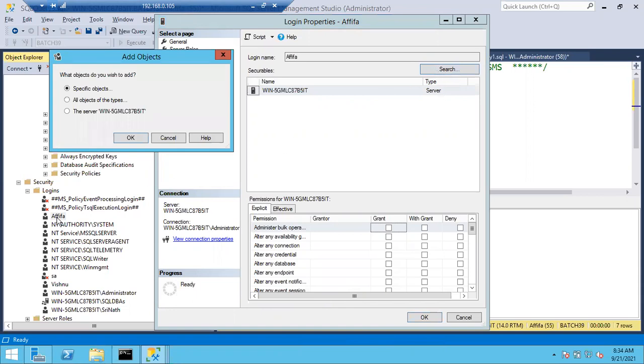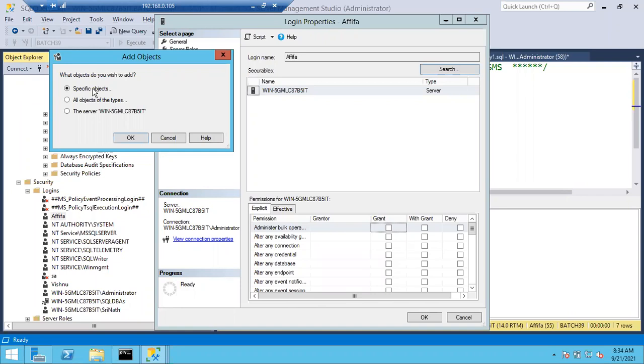To this user, I have to give access on a separate table, right? So what do I have to search now? Table. I have to search for the table now. If you are going through the user section, search the tables. If you are going through the table section, search for users. If you go to table properties, you have to search for Afifa. If you go to Afifa, search for table.